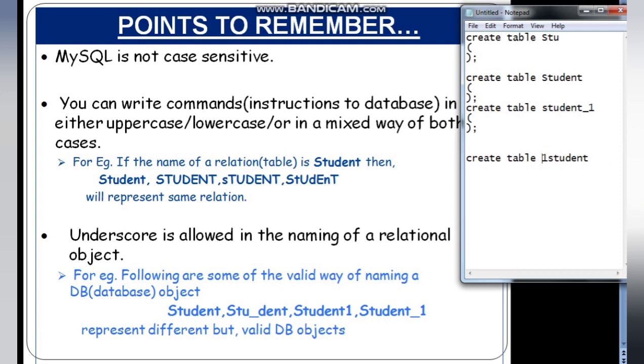If you write underscore 1 student, this is valid, because it is starting with an underscore. Clear? So you have to remember these valid database object naming conventions, and write accordingly. Now let us move on.